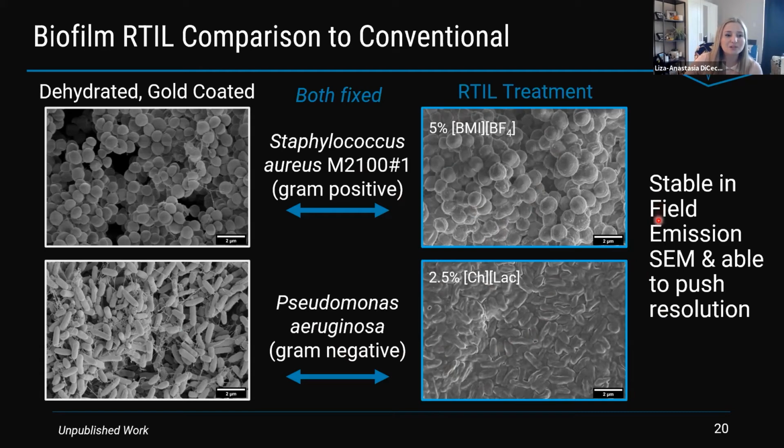It was really interesting to see that difference, as well as with the staph too. It almost looked like buttons versus spheres, and we were comparing them all to food. With the Pseudomonas, it looked like Jolly Ranchers versus here it looks more like a gnocchi. The comparison to conventional methods has been really drastically different. The images we're showing are in our field emission SEM at really high vacuum condition. We were able to push that, and it was really stable in that condition. That was an important observation for our future studies.